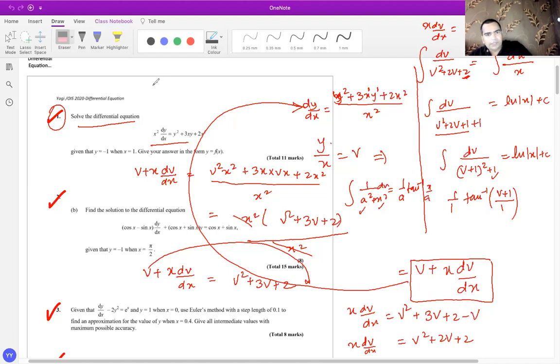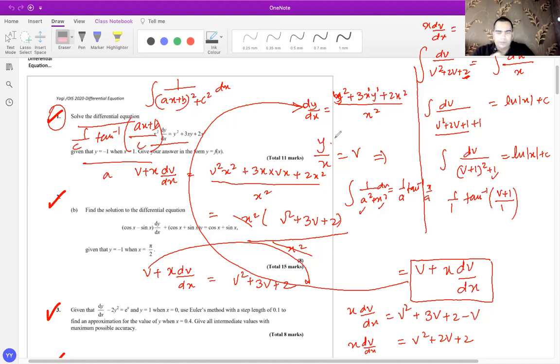So here what I'm doing is the integration of 1 over (ax plus b) the whole squared plus c squared, which is 1 over c tan inverse of (ax plus b) over c, divided by the coefficient of x, which is a. Don't forget these things. So 1 by 1 tan inverse of (v plus 1) upon 1 will become ln absolute value of x plus c. And then you